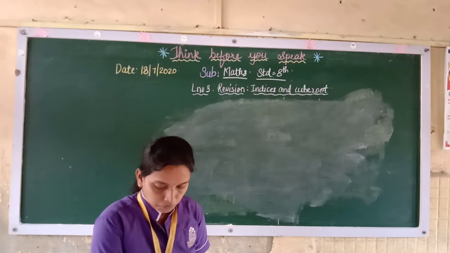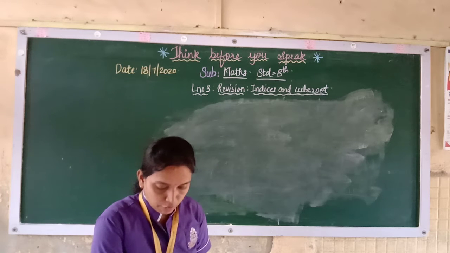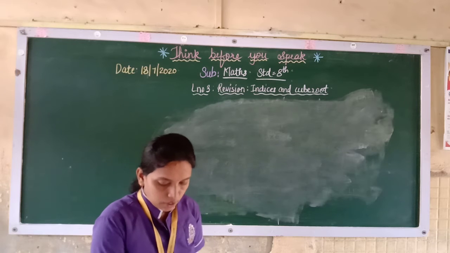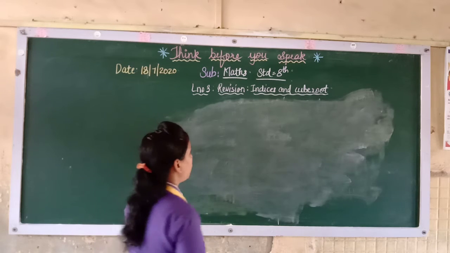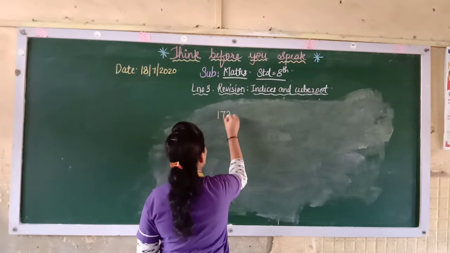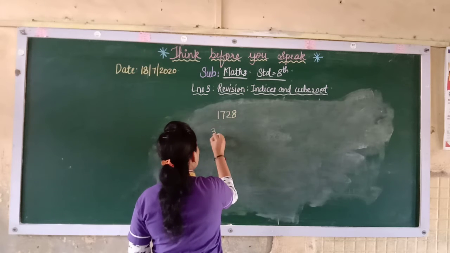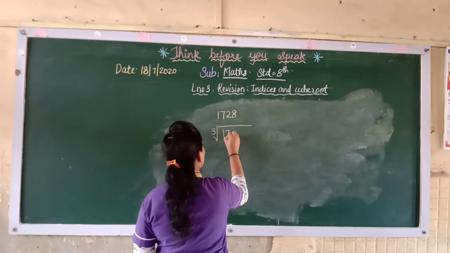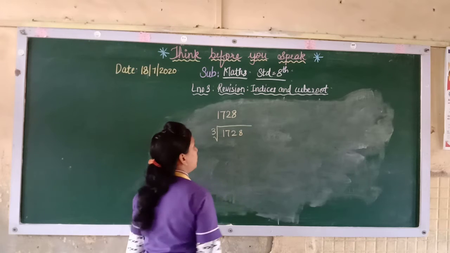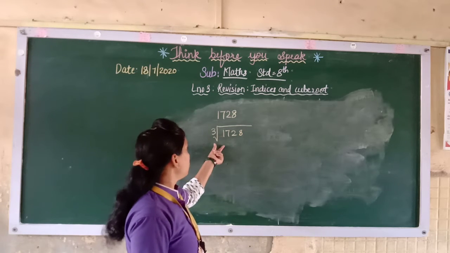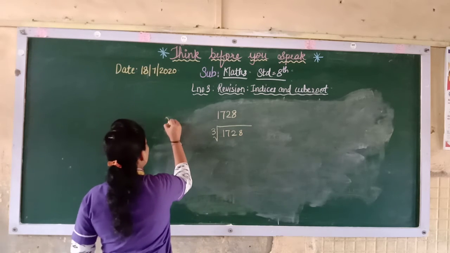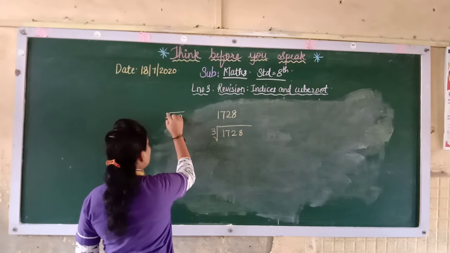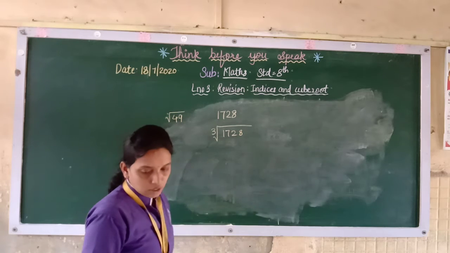Now see how you have to find the cube roots. Now see the cube root of 1728. This you have to find, the cube root of 1728. This is the cube root. Now the square root, how do we write it? We write it like this, the square root. Here nothing will come. Here it is the cube root.